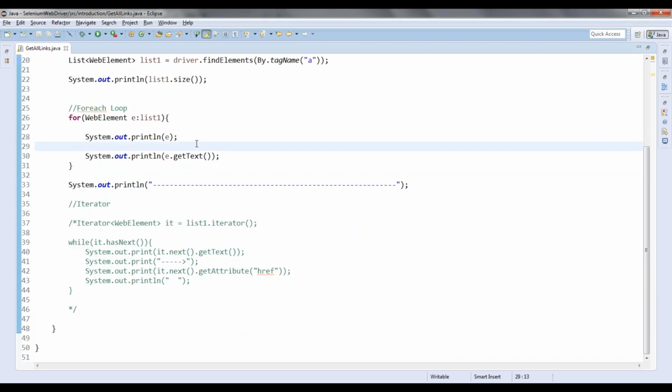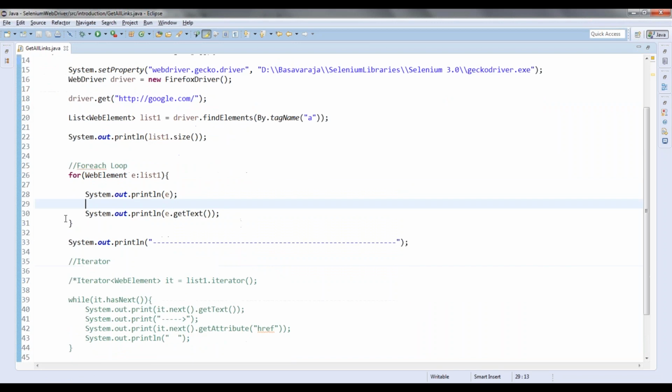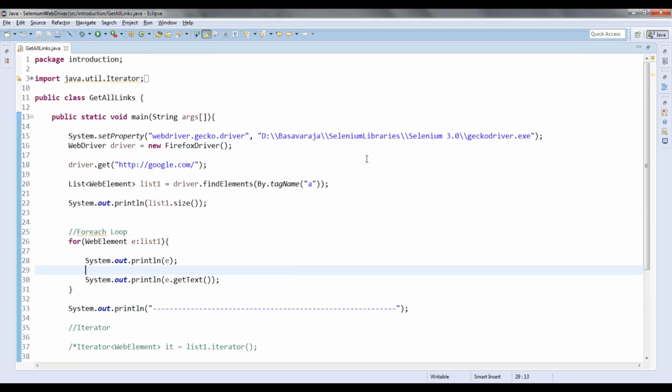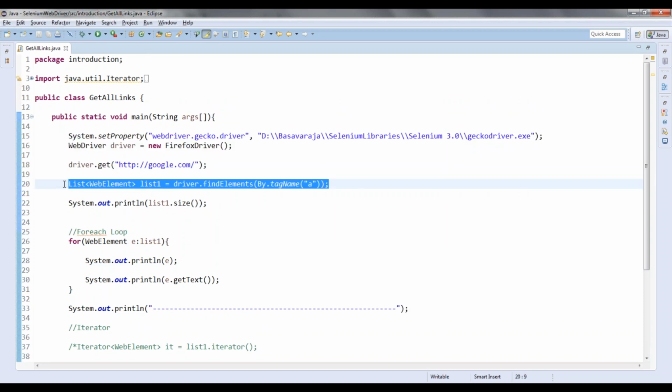If you don't understand this part, I have two more examples where I will be getting the check boxes and radio buttons. We will do the same operation, then you will understand. And I want you to go back and analyze the collection framework, what we have understood in it. If you understand that, this is easy. Till here you don't have any issue, right?